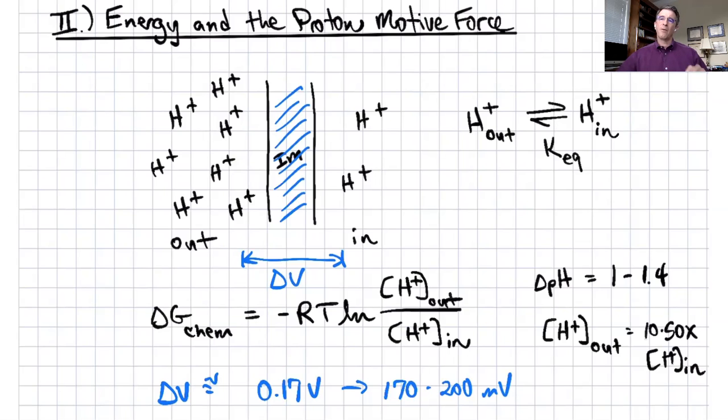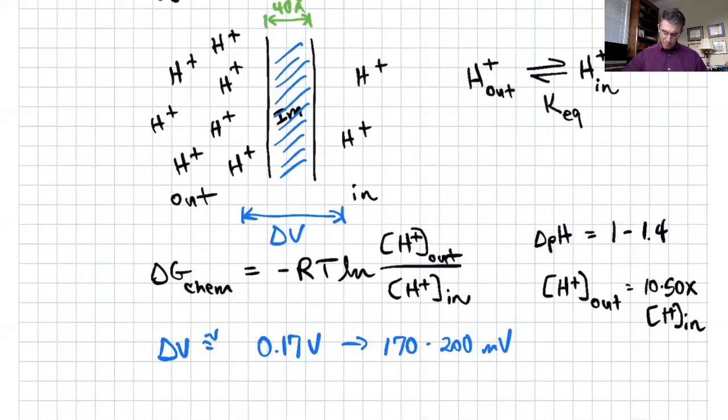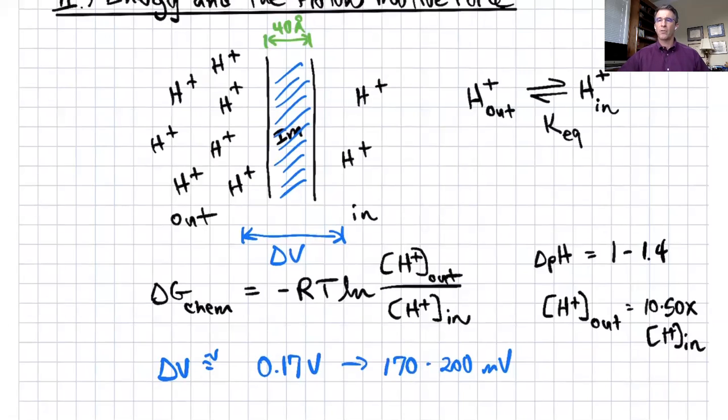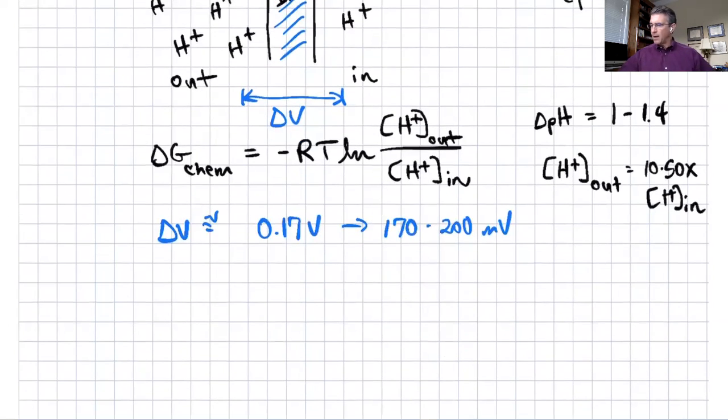But think about this. That voltage difference is not across the terminals of, say, a battery that's 3 inches long or 2 inches long or something like that. You're talking about a 200 millivolt difference across a spatial dimension in the range of 40 angstroms, right? Roughly the width of a biological membrane, which you would now know from Dr. Carr's section of the class, is in the ballpark of, say, 40 angstroms. And what that means is that a difference of 170 to 200 millivolts across a 40 angstrom spatial separation results in